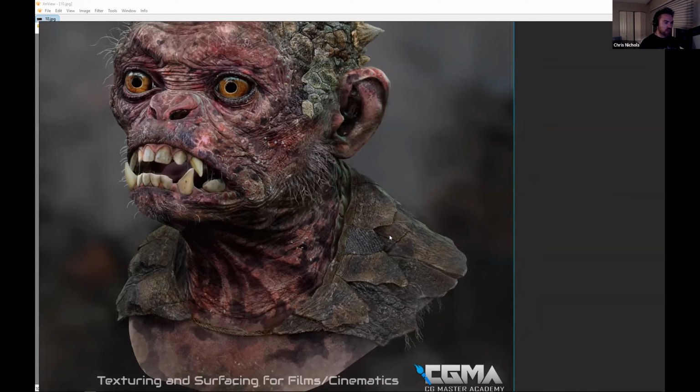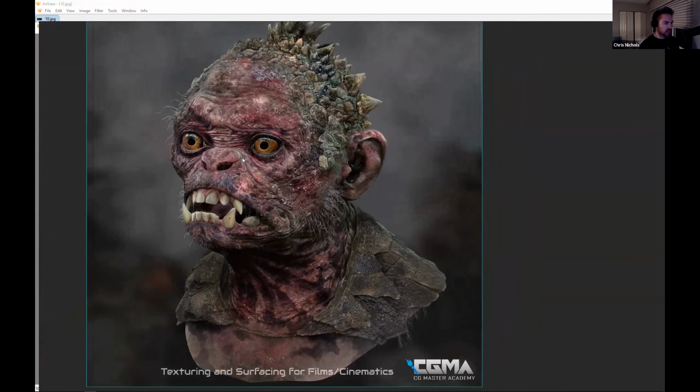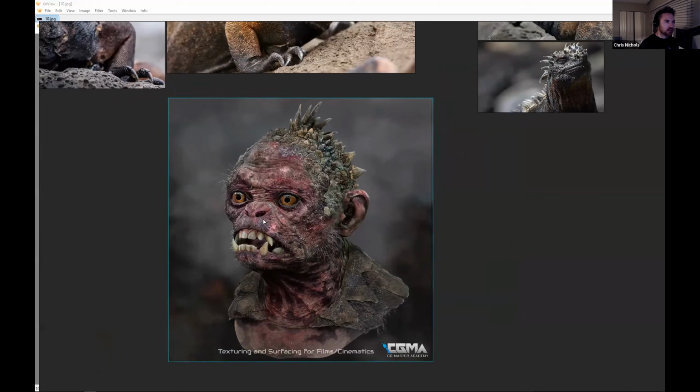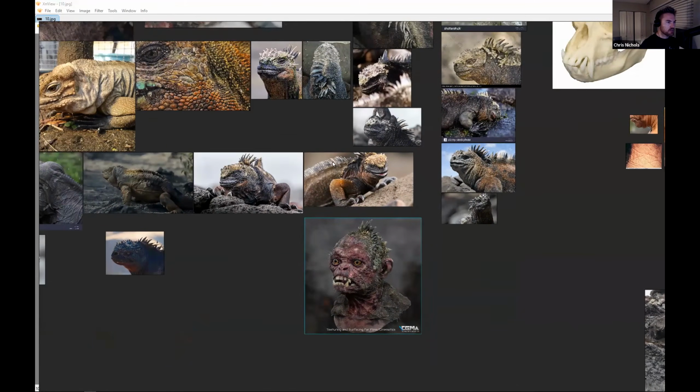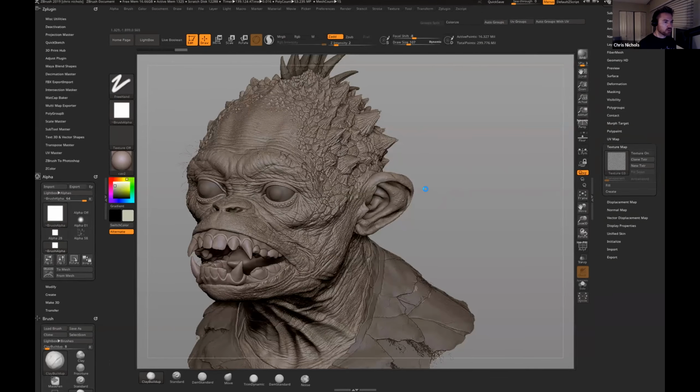So I've already got a really good foundation. I've thought about a lot of stuff. I've tried a variety of different things, different colors, different sort of textures very quickly to get an idea about what direction to go in. And so then I can take this reference, take this concept, and then go over to ZBrush to start applying the skin surface detail. Now, this is usually a bit of a hybrid process.